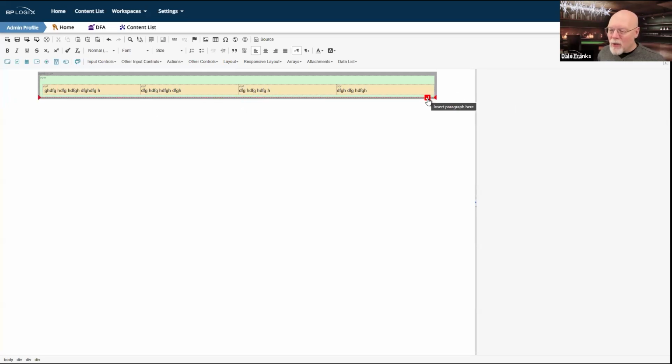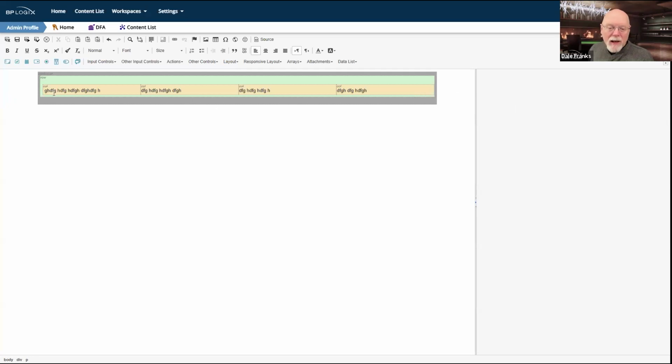I wanted that control right here, not below my container. It needs to be inside my container. And I need to click that. The reason I need to click it is I need to create a new row. I really shouldn't use that term. I need to create a new vertical break to give me the room to put in a new row inside my container.